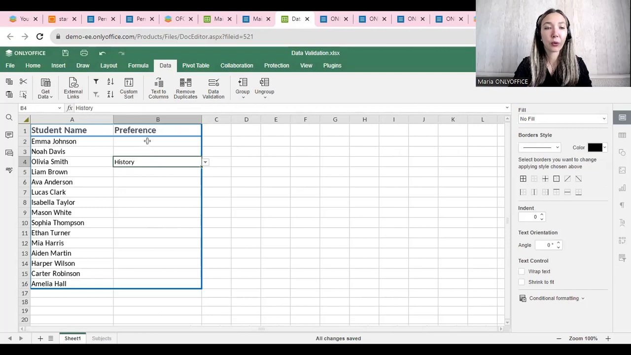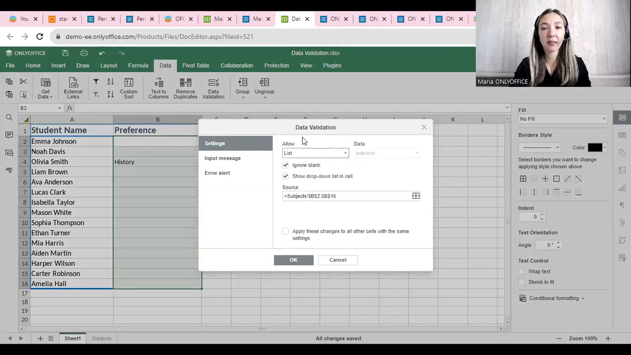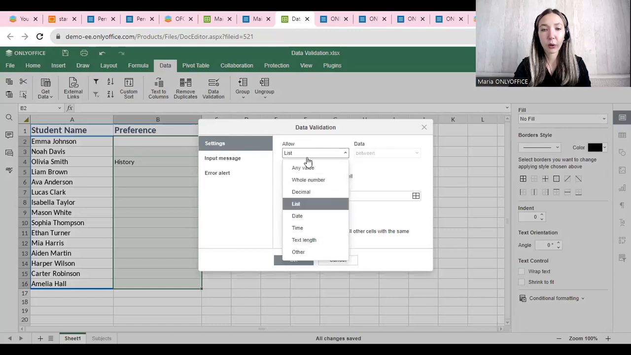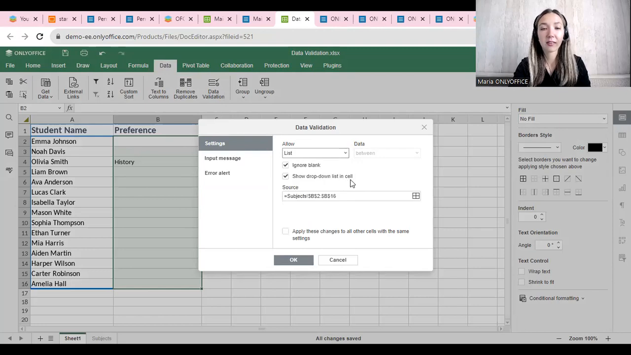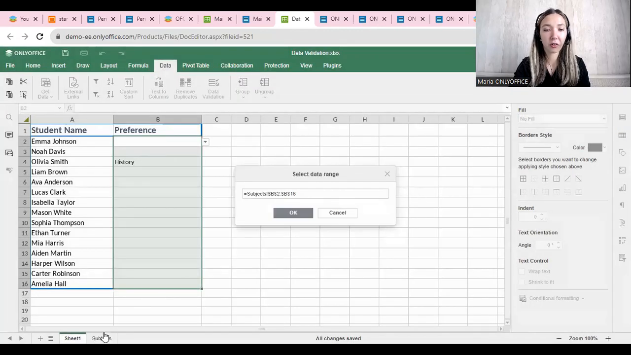Now, open your spreadsheet in ONLYOFFICE, create a list of options on one of the sheets, then select the cells where you want the drop-down list to appear, go to the Data tab and click on the Data Validation option. Then in the Settings window, in the Allow menu, choose the needed option. In our case, it will be the list option. Then check the Show drop-down list in cell box if you want the options to be visible when you click on a cell. Provide the source of information by selecting the data range